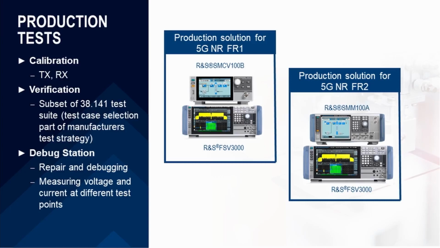The calibration algorithms are quite unique to the manufacturer, and then next, coming to the verification, often it is a subset of the 38.141 test suite, but the test case selection is largely and strictly dependent on the manufacturer's test strategy. And also the debug stations for repair and debugging the small cells and measuring voltages and currents